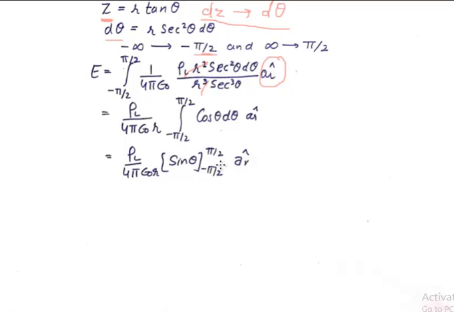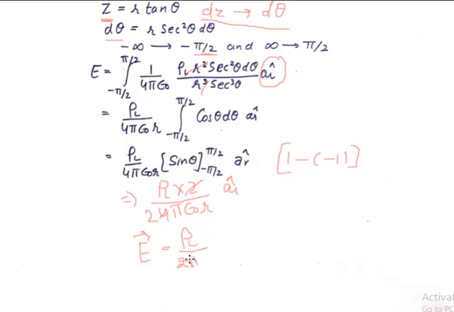The limits are minus pi by 2 to pi by 2, which gives me 1 minus minus 1, so that gives me 2, and I'm left with rho L into 2 upon 4 pi epsilon naught r in the direction of radius. So this 2 is left here. So my electric field intensity due to a line with line charge density becomes rho L upon 2 pi epsilon